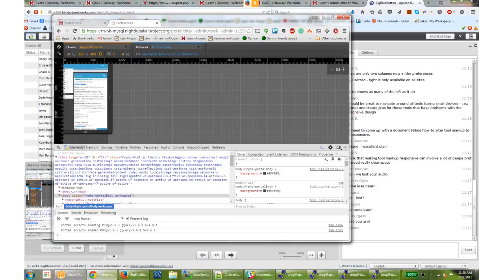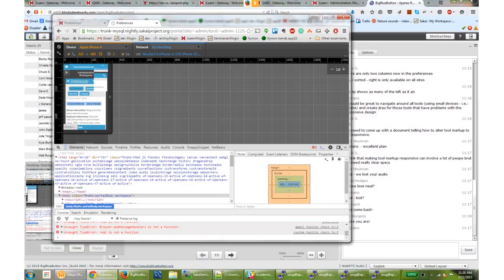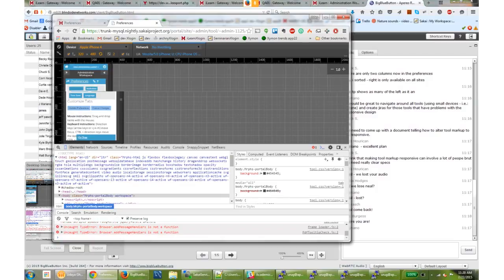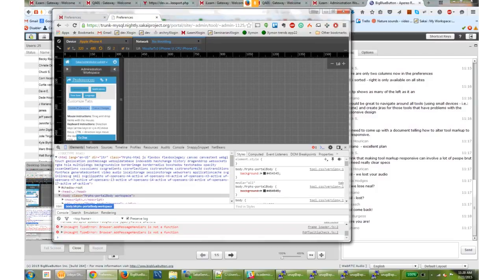If you say iPhone 4, that brings up the phone resolution, and it will let you know that this is how your application would look on an iPhone 4. So is that